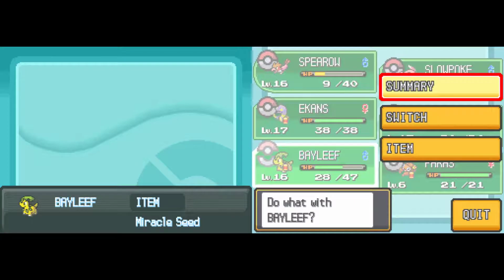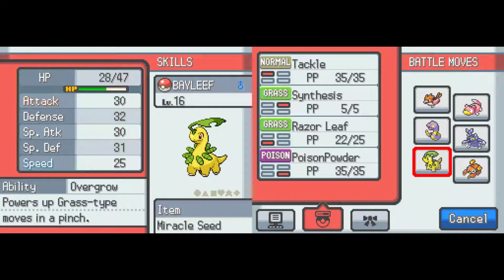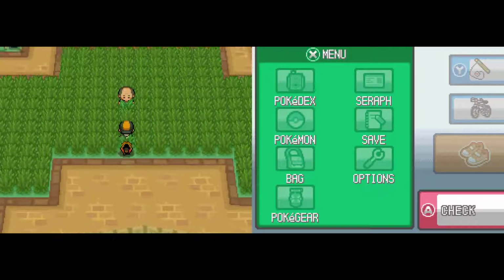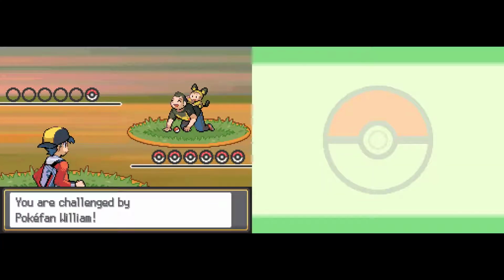So yeah, Bayleaf. I like Bayleaf quite a bit. Should be pretty bulky now. Oh, look at that. Alright. Wow, this thing's really good across the board. I didn't realize just how good. I mean, I think Meganium in the ultimate stretch is pretty darn great. I mean, there's no bad starters, right? They're all designed to be pretty great in the long run, given that they're your go-to Pokemon for most of the game, so...